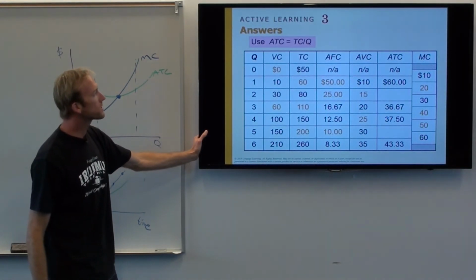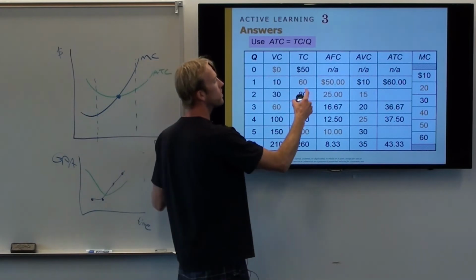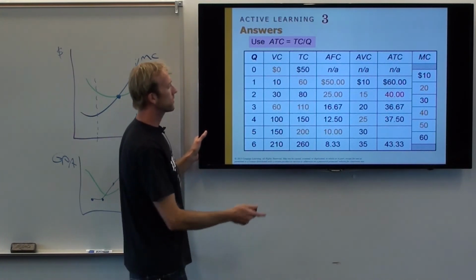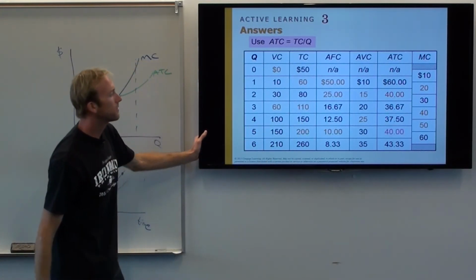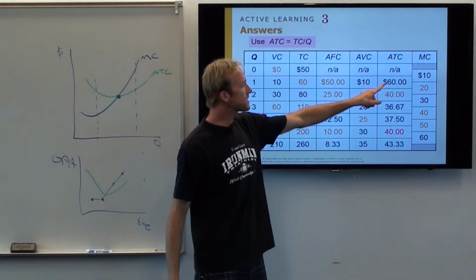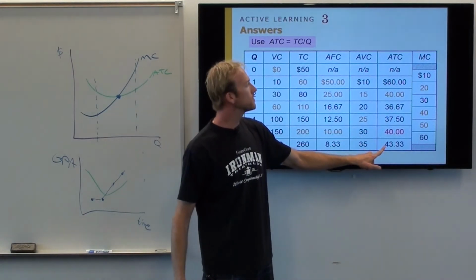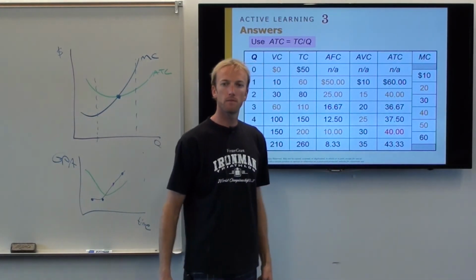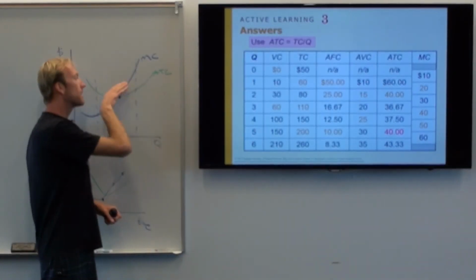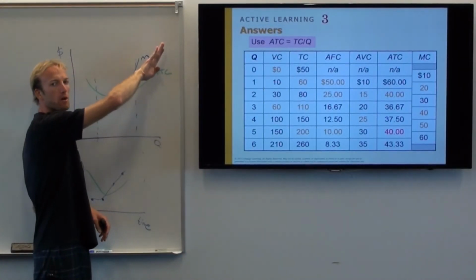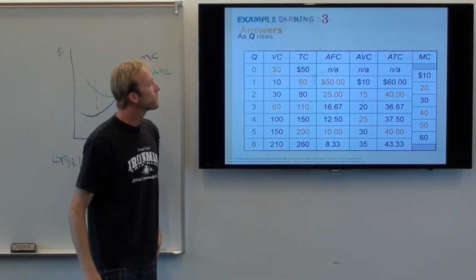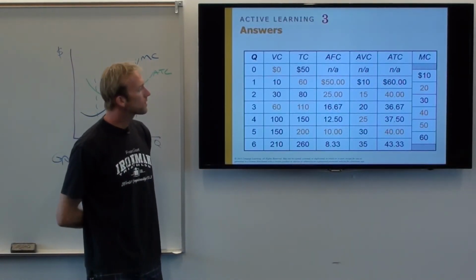Finally, average total cost is total cost divided by quantity. So we've got total cost 80 divided by quantity 2. That's going to be 40 in there. Total cost, excuse me, total cost 200 divided by 5, that's going to be 40 in there. Okay? So you can see that the ATC starts going down, but then it starts going back up again. Marginal cost is going up the whole time. We always know as we get to the right side of that graph, as quantity increases, all these per unit costs, all the averages and marginals, start getting high because of diminishing marginal product. All right. Questions on how we do that?